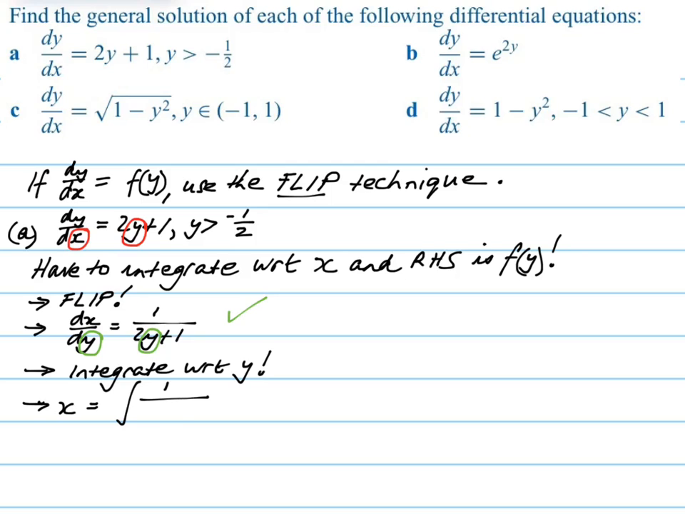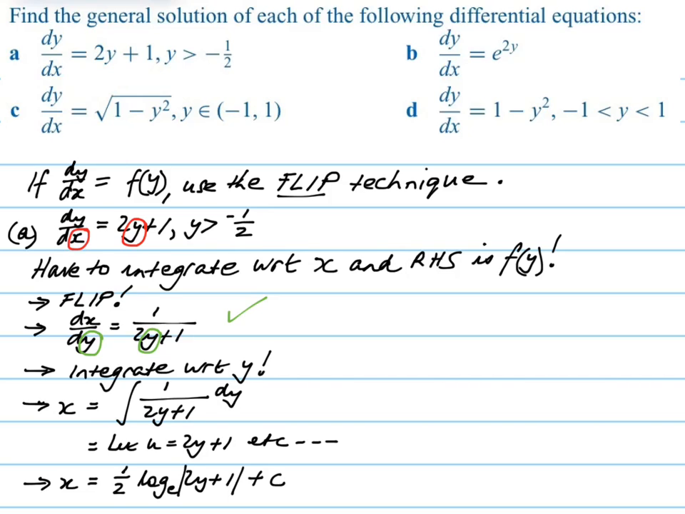Okay, so let's go for it. We're saying that x is the integral of 1 over 2y plus 1 with respect to y. Okay, well, I can smell a log coming on, can you? I think so. Yes, let u equal 2y plus 1. But when you get good at these and you don't need to use the training wheels method, you can just see what to do. It's going to be half of log with the base e of the absolute value